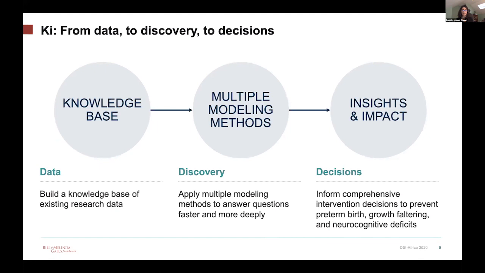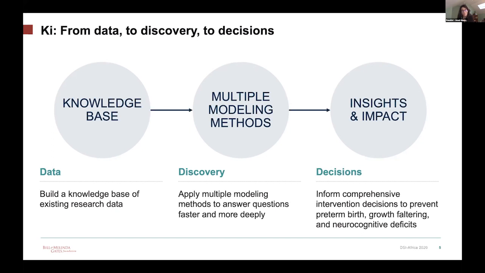Having many teams approaching the same question from different perspectives and on similar data could bring an opportunity to answer research questions in more detail